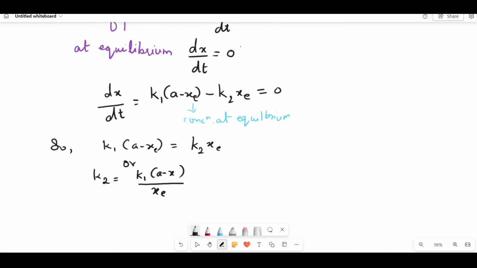We have got the value of k2. Substitute this in this equation. So what we get now is